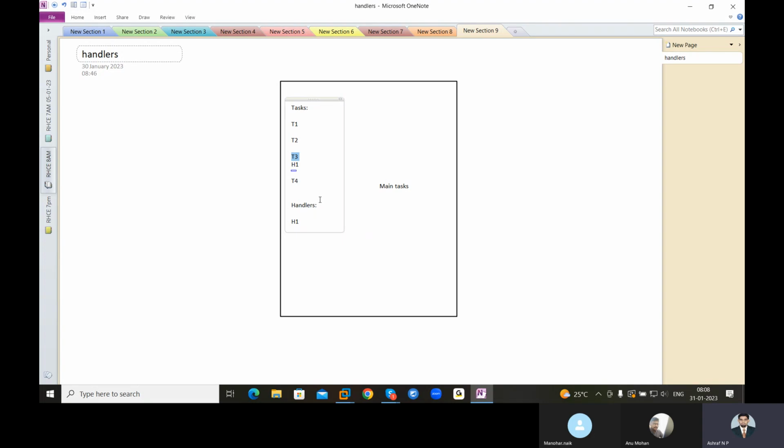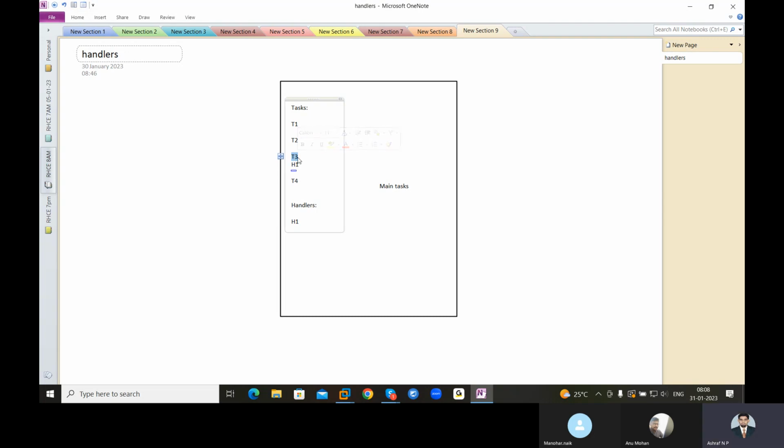That is the first point. Second, what if T3 failed? If a task fails, what will happen? The Ansible engine has a default behavior: it will abort the complete play. That's all.